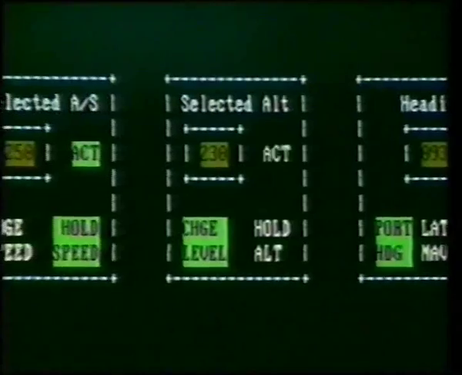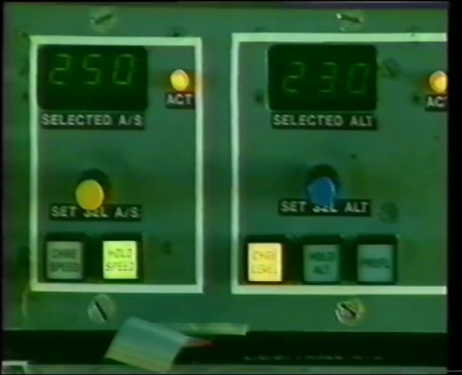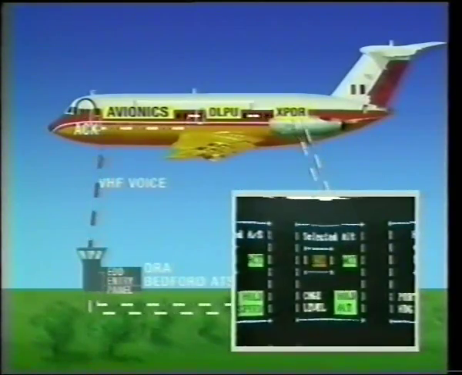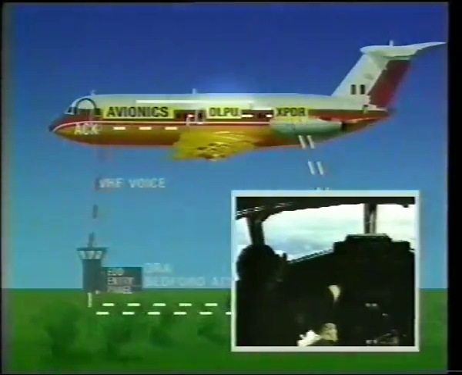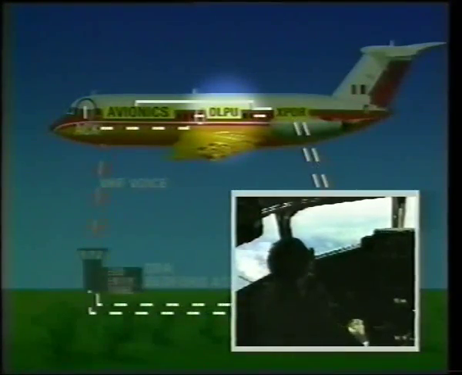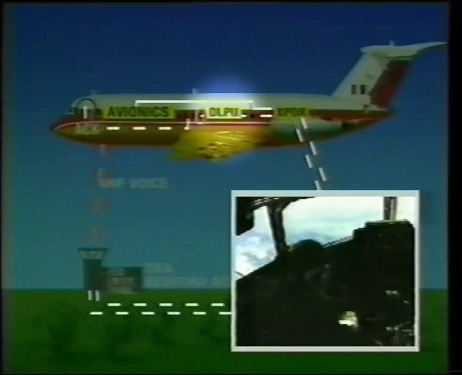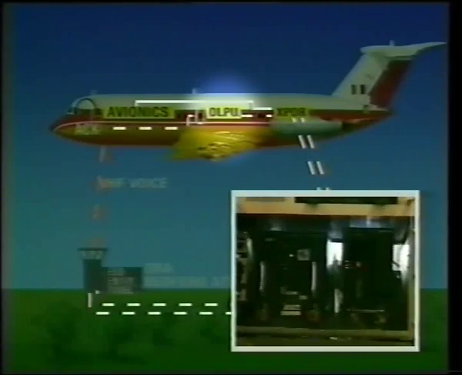In addition to the controller's workstation, a monitor simulating the BAC-111 autopilot settings was available to illustrate what was happening on the flight deck. On board the BAC-111, the Mode S transponder receives and transmits data link information, which is in turn interfaced directly to the aircraft avionics and data link processor.